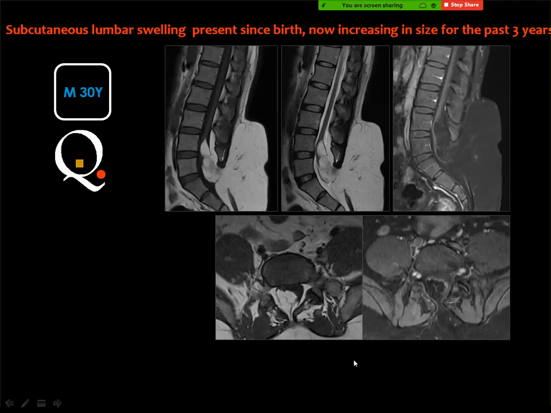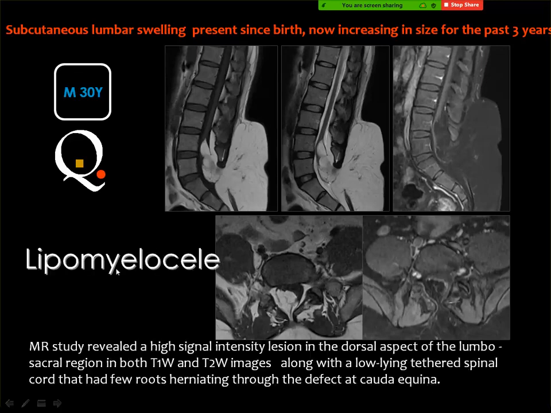Then which one of the two do you think? Meningomyelocele. Okay, you mean lipomeningomyelocele. Yes. What is the difference between lipomyelocele and